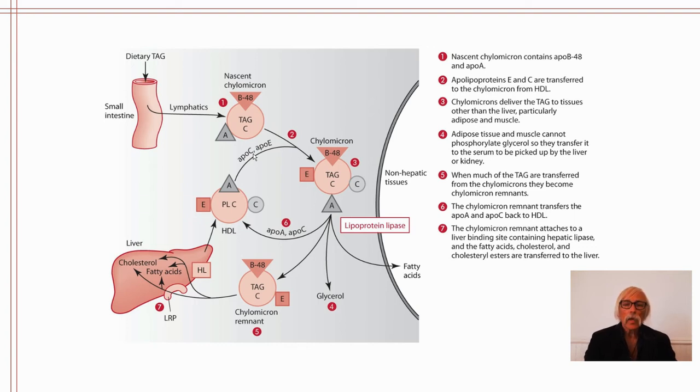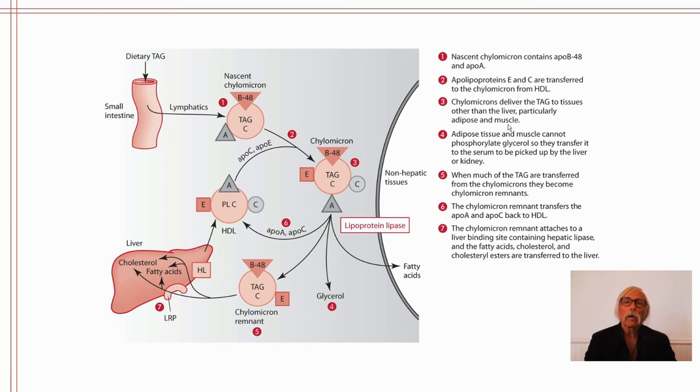All right, so you pick up now these multiple fractions coming from HDL. You've got ApoC and ApoE coming on. Now you have this chylomicron, which is no longer nascent, right? It has B48, E, C, and A, right? So chylomicrons deliver the triacylglycerol to the periphery, other than the liver, particularly to the adipose, because the adipose is the storage depot for fat, usually in the viscera, and of course to the muscle, because the muscle is going to use